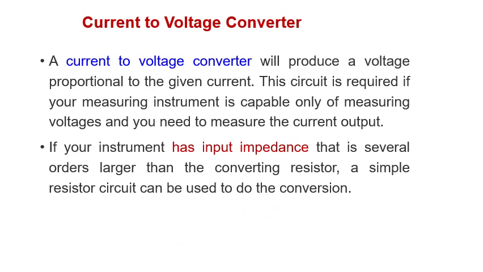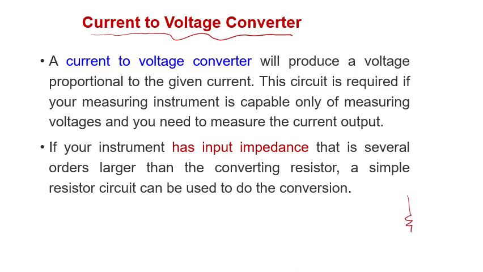Conversion is part of the data acquisition system. So here we will start talking about conversion, starting with the current to voltage converter. If the instrument is going to measure a certain quantity and the quantity is converted to current on its output, that means we need a current to voltage converter to convert it to voltage, so that we can easily process it, or easily send it to the computer and so on. Now, how do we convert the current to voltage? We can simply use